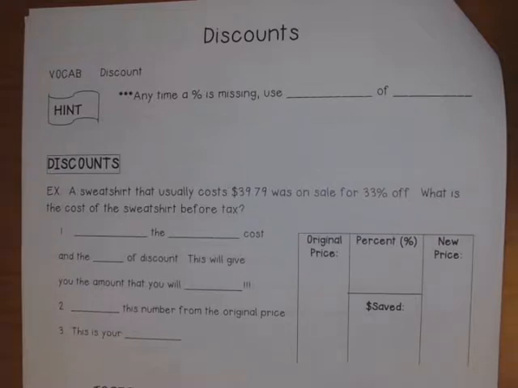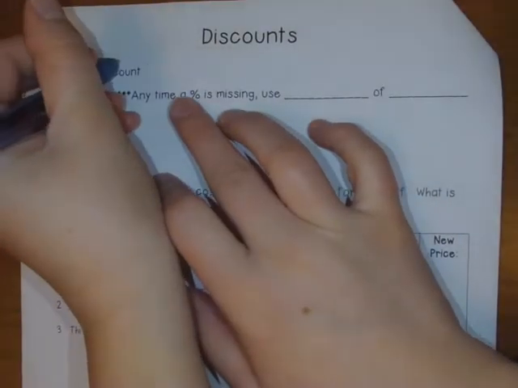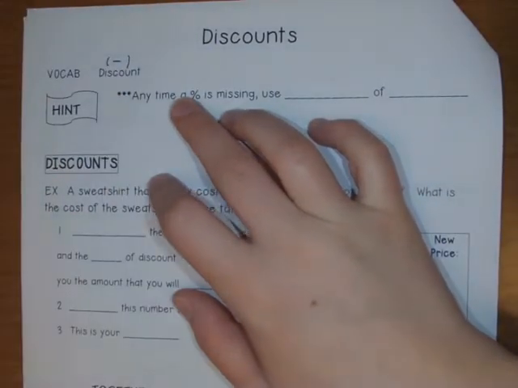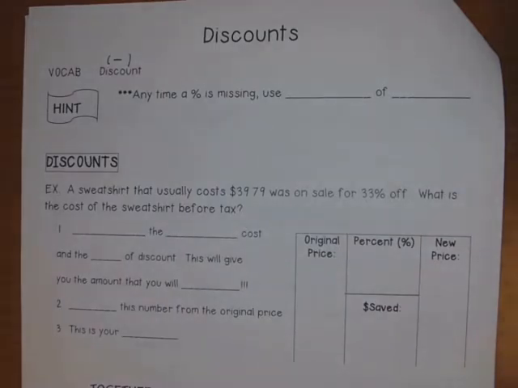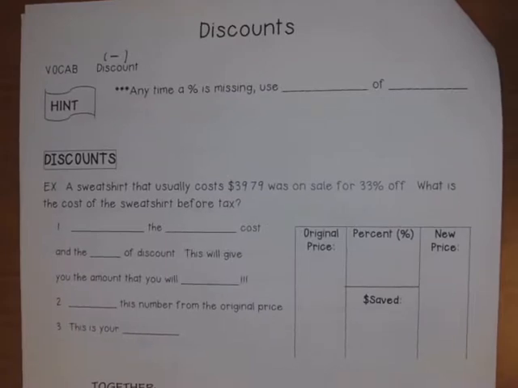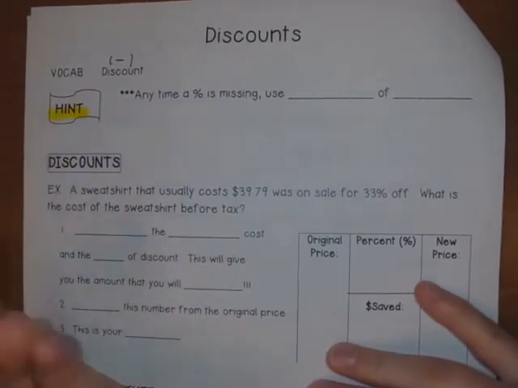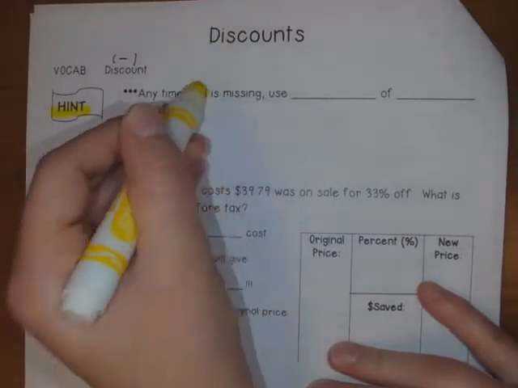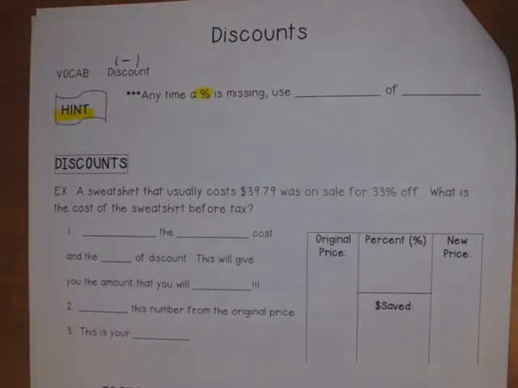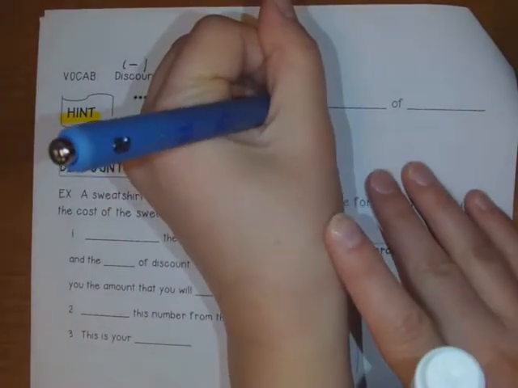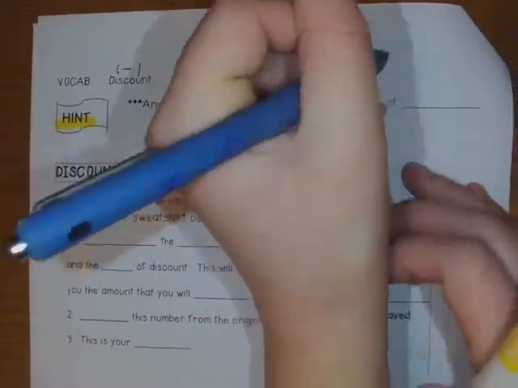Now, discounts are super similar to sales tax. It's just the opposite. Instead of adding, now we're going to be subtracting, because discounts are when it's cheaper than what you expect. Okay? So, the hint is going to be the same. Okay? That anytime you're missing a percent, you need to use the percent of change